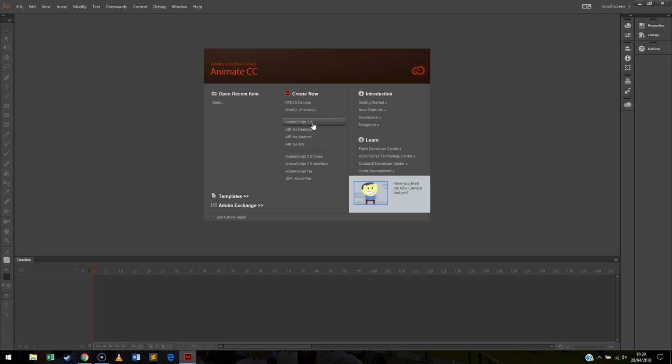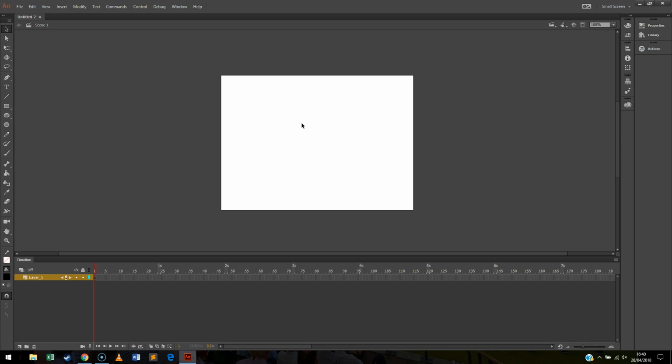The reason why we would choose this is because we're specifying at this point that we're going to use this programming language behind the scenes within our document. A lot of the stuff that we would use, you could potentially do in the HTML5 stuff. However, we want to use a programming language behind it. We're not going to do too much, but we do need to specify the type of programming language that we're going to use. So I'm just going to click on that, and you'll see it's going to generate this canvas